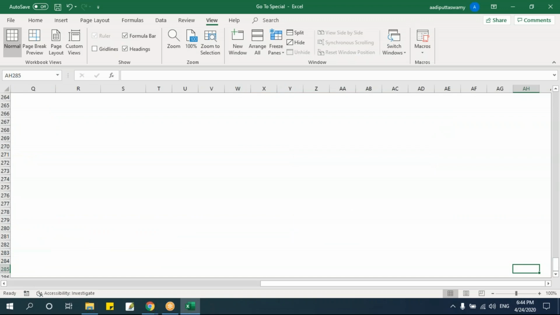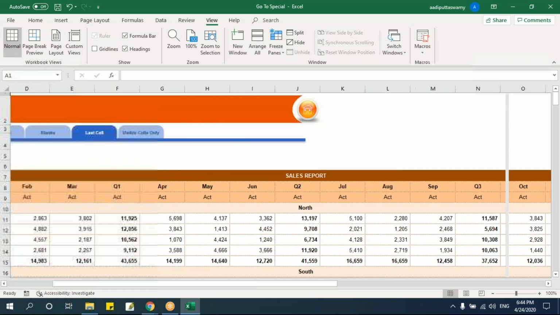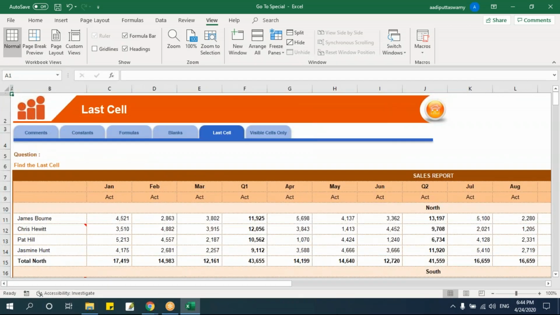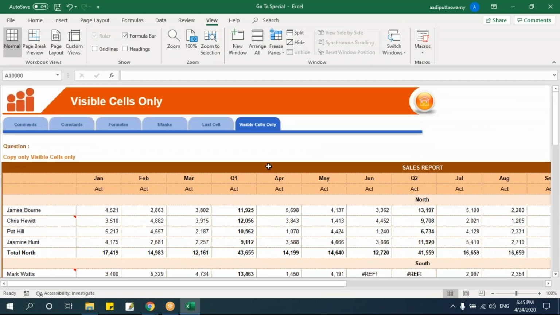We use this mostly in the dashboard to know till where I've used the cells, but otherwise you can just ignore. It's not that very important, but good to know. I'm just telling you, this will actually give me till where I have used my Excel sheet. Right. Next one. This is again a very important option, a very useful option, I'll tell you. Visible cells. First, understand what is visible cells. Visible cells means the cells which are visible.